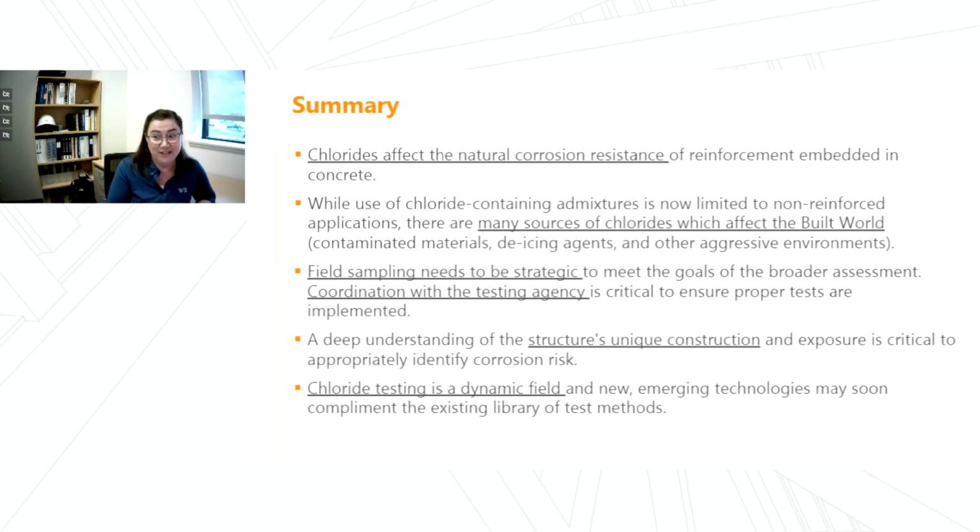It's not a one-size-fits-all. And lastly, chloride testing is a very dynamic field. It's constantly changing. There are a lot of methods. There will be a lot of methods in the future. And you want to make sure that you are talking with your lab and staying on top of what's happening